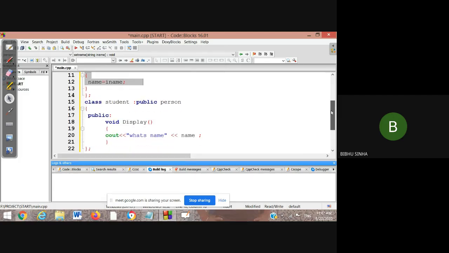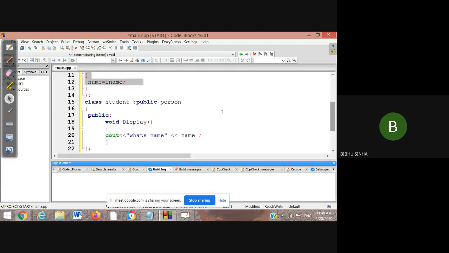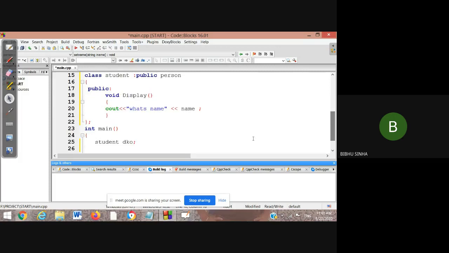Now, finally, I am going to create the object of the student class. Why? Because the student class is the derived class, and that's why we need an object of this class.